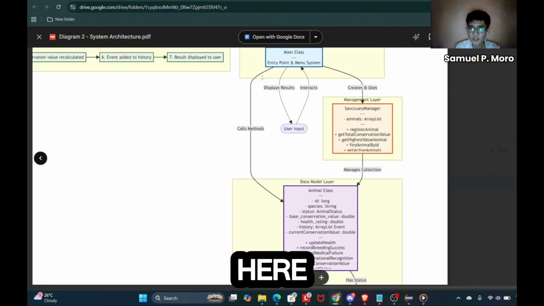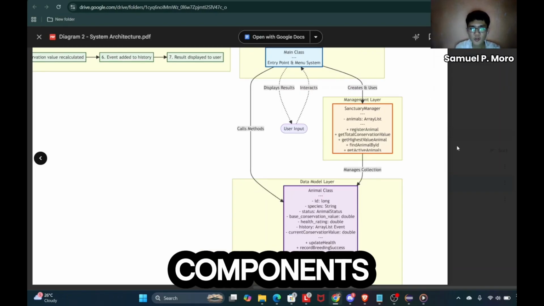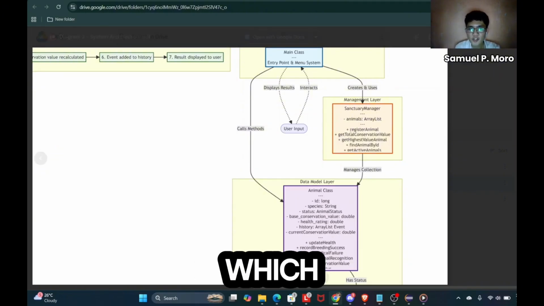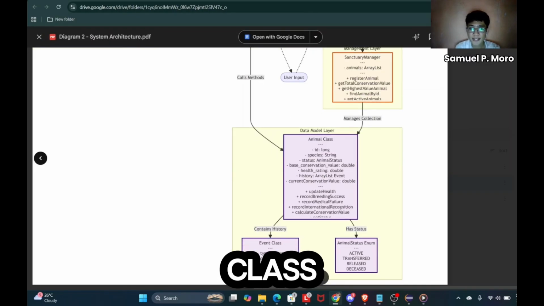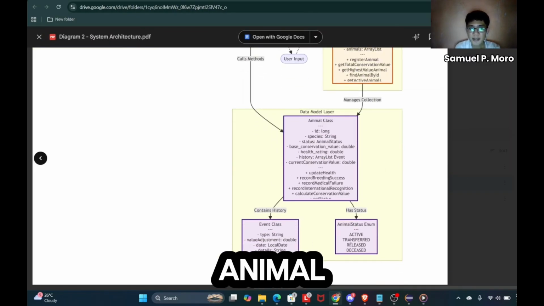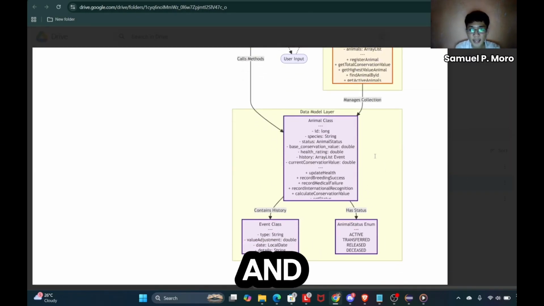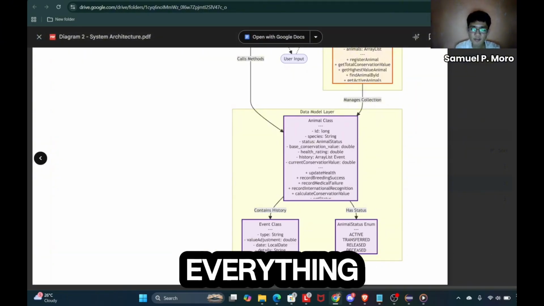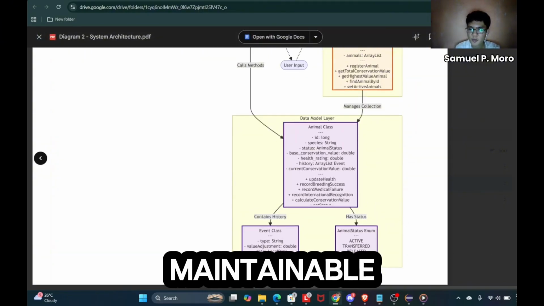The arrows show how components depend on each other, how interconnected these classes are. Main uses Sanctuary Manager, which manages the animal class, and in the animal class there are events and a status. This separation keeps everything organized and maintainable.